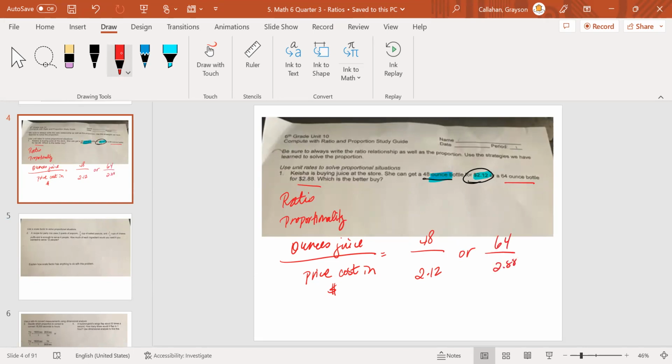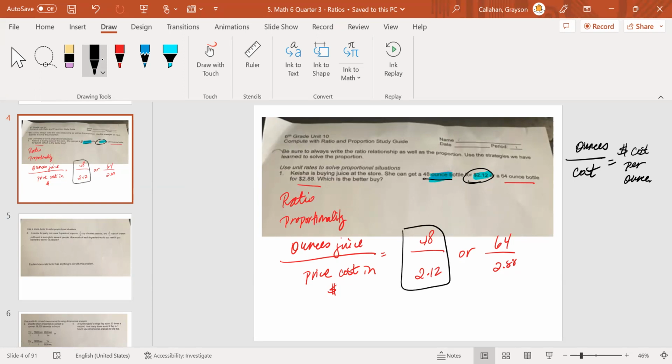Okay, so obviously, if you want to know which one's a better buy, you will have to divide. You want to divide the ounces by cost, which will give you the cost per ounce. Like for 1 ounce, how much would it be, right? The one with the smallest number would obviously be the cheaper option, okay? So we're going to start off with this one right here. So 48 ounces is going to cost